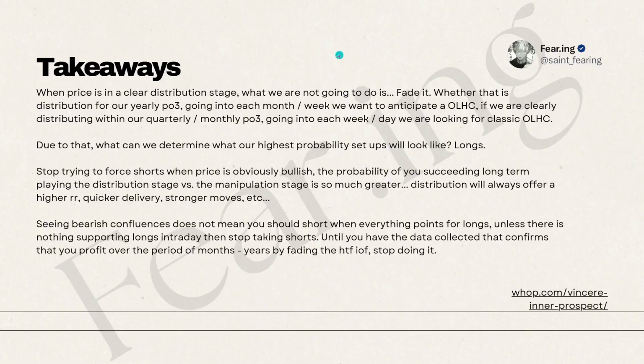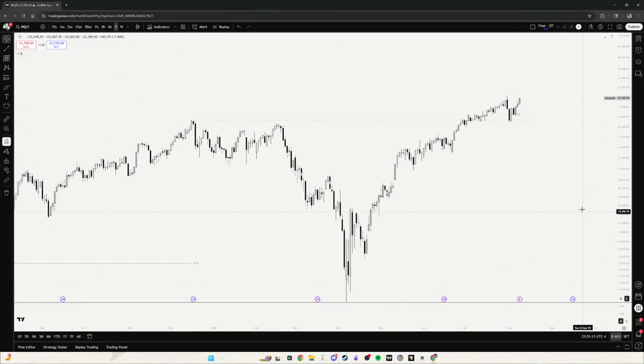Now, what is the biggest thing that you should take away from this lesson? Well, when price is in a clear distribution stage, what we're not going to do is fade it, whether that is the distribution for our yearly Power 3, as we already discussed, going every single month, every single week. We're not looking for shorts. Stop looking for shorts. I saw a lot of people on social media think that shorts are going to play out. I saw quite a few mentors post talking about how price is going to come all the way down here,